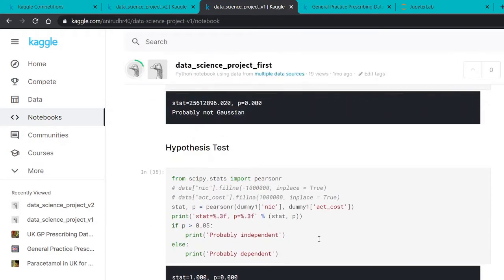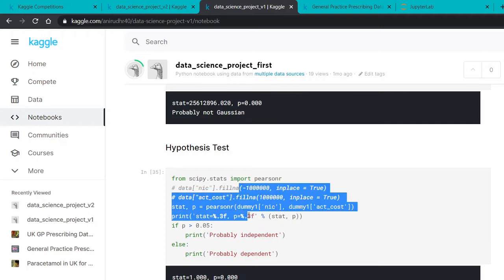Then we did hypothesis testing. As I said initially, NIC and actual cost are correlated, since actual cost will be NIC minus discounts plus logistical cost, so it's some linear combination of NIC. To find out how our hypothesis test works, we did a trial run on it. We took NIC and actual cost, and we wanted to see whether the test would be able to predict whether they are independent or dependent, and whether our theoretical assumption about NIC and ACT cost is real or not.